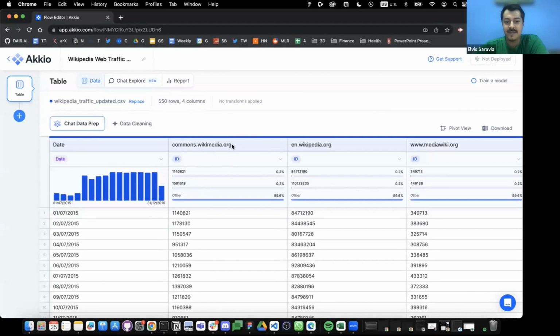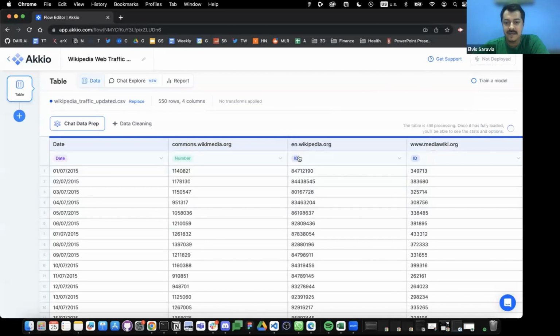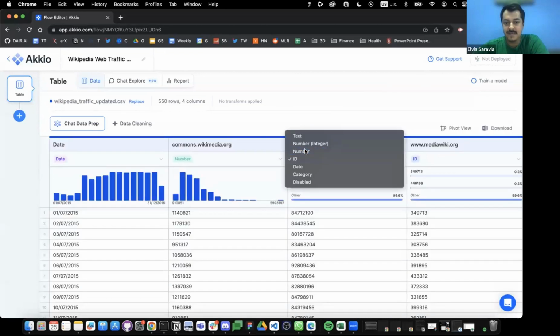Commons, Wikimedia has all these pages, and collectively, this is what it looks like. This is the aggregated views, right? So it's a sum of all the page views from this particular project, and then you have other projects like the English version of Wikipedia, and MediaWiki as well has its other project under this one. I want to convert this into a number because that's what this data set is about.